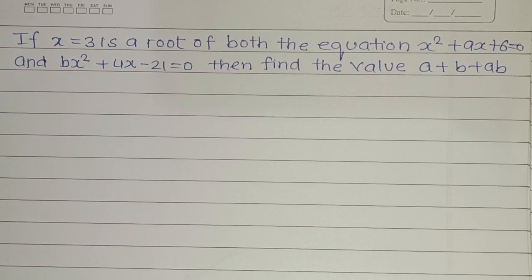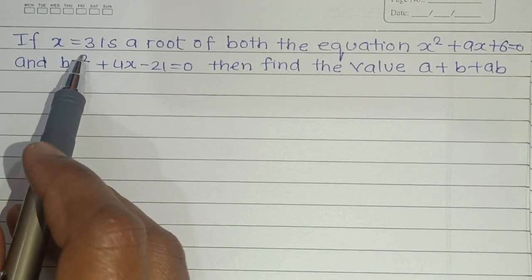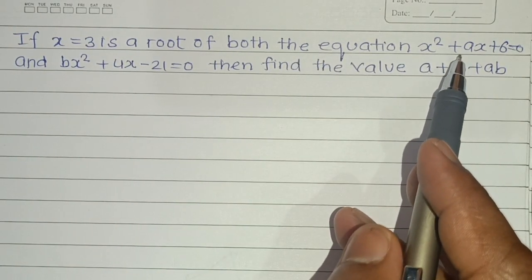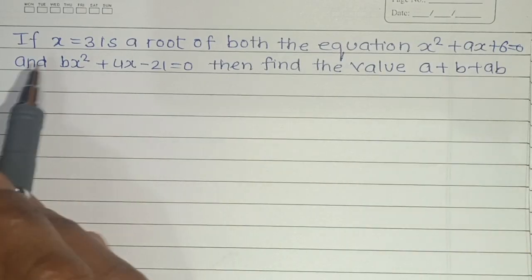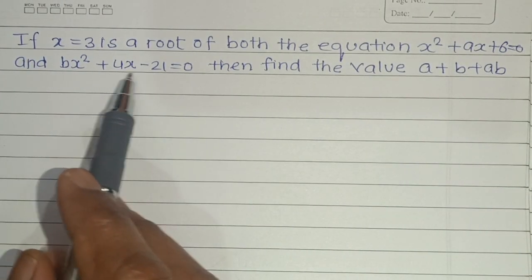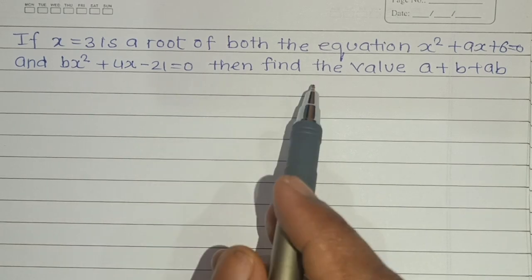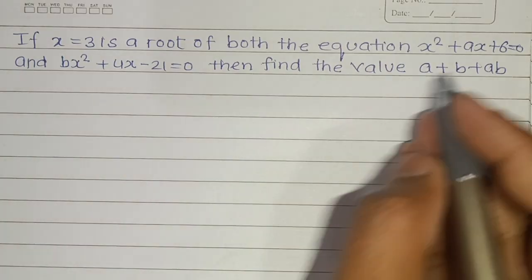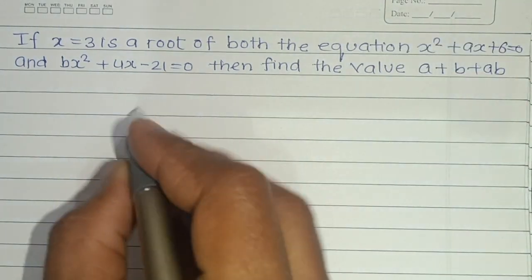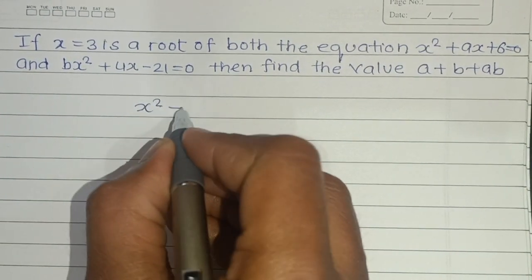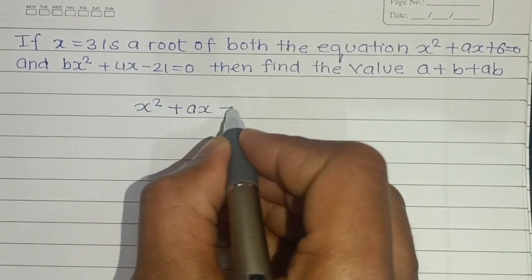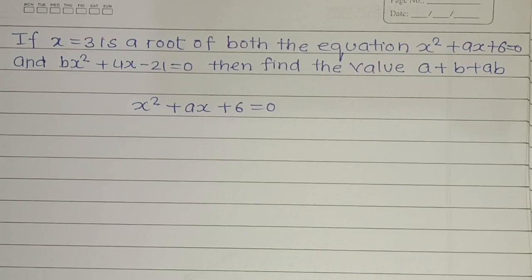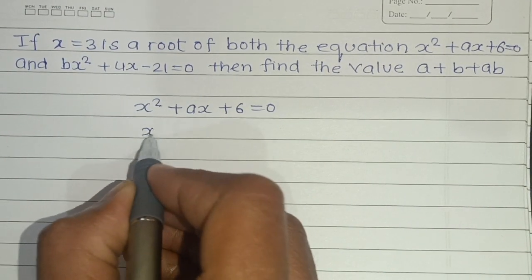Let's discuss a new question. If x equal to 3 is the root of both equations x squared plus ax plus 6 equals 0 and bx squared plus 4x minus 21, then find the value of a plus b plus ab. So first of all, we will take the first equation, x squared plus ax plus 6 is equal to 0, and he is saying that x equal to 3 is the root of